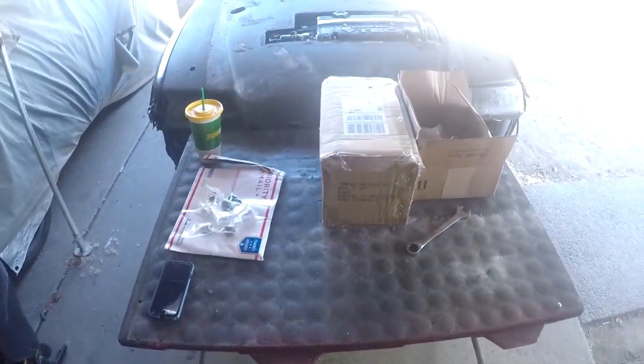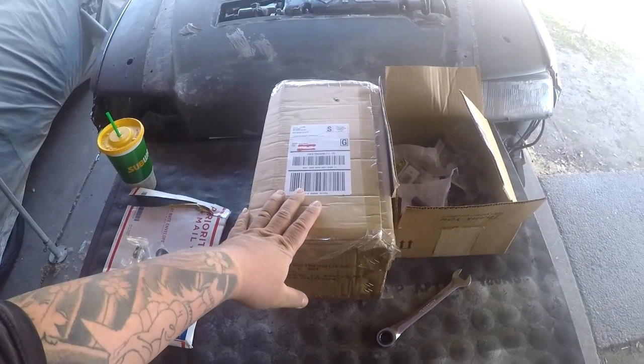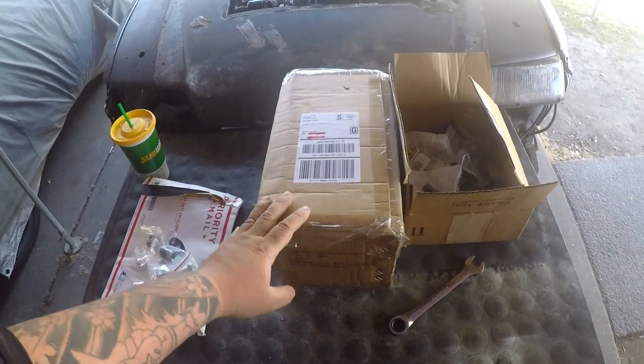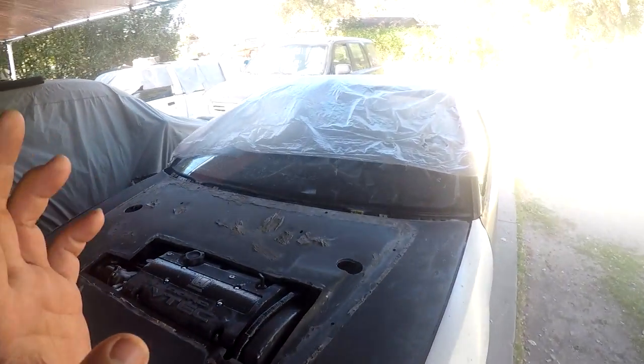So I want to do a little bit of unboxing here, and this came to me super unexpected a few days ago. I have not opened it yet. I don't know what's in here, but I think today I am probably going to do the fuel line